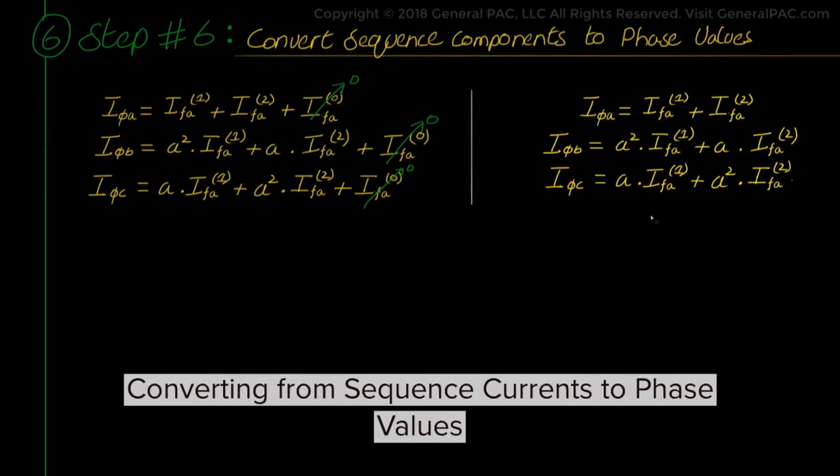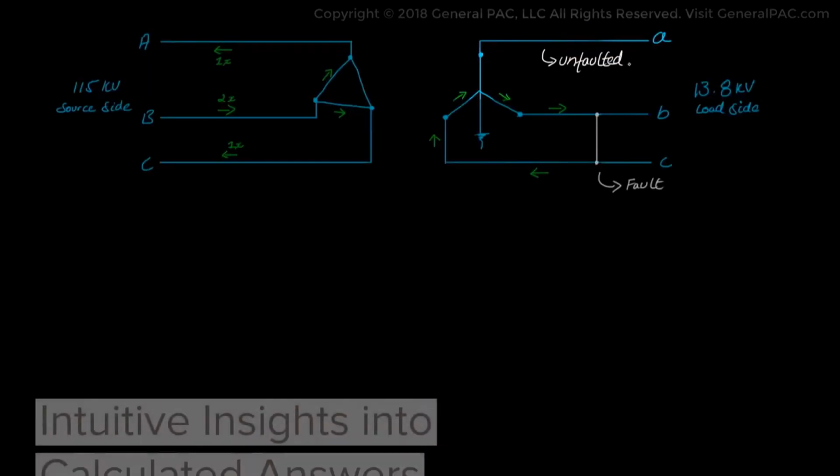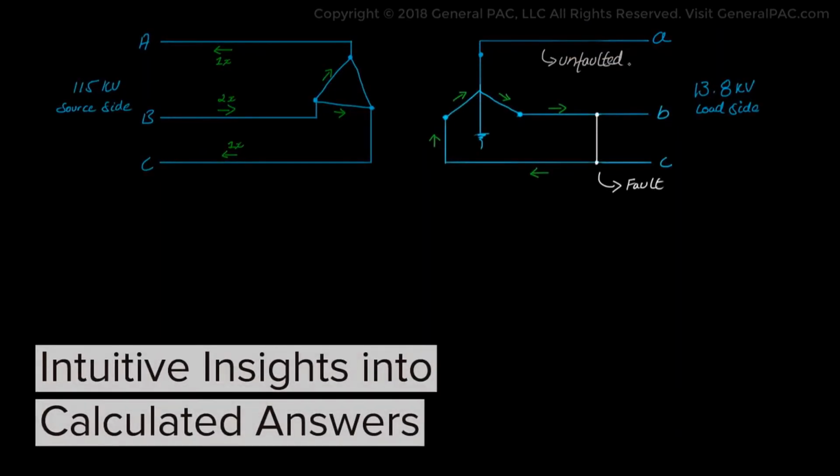Now, after plugging in the value of 1 at angle 120 degrees for the A operator and 1 at angle 240 degrees for the A squared, phase A does not carry any fault current. Phase B and C current quantities are the faulted phase, and they should be the same magnitude but opposite in direction, which is evident by the